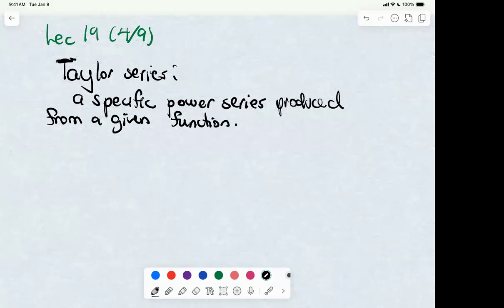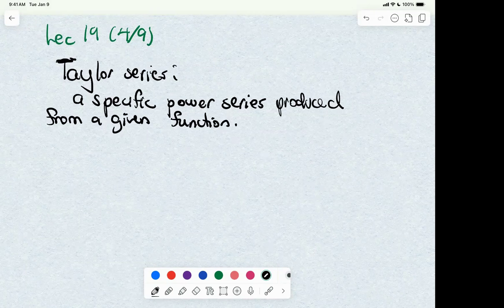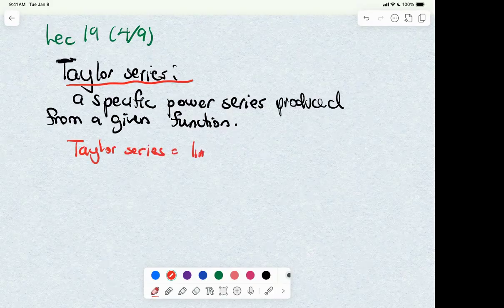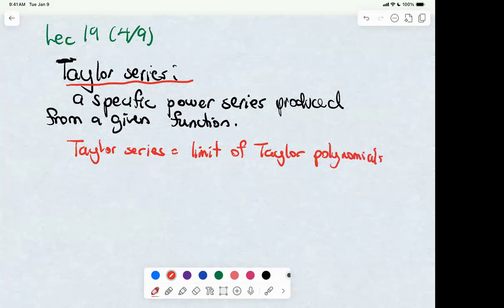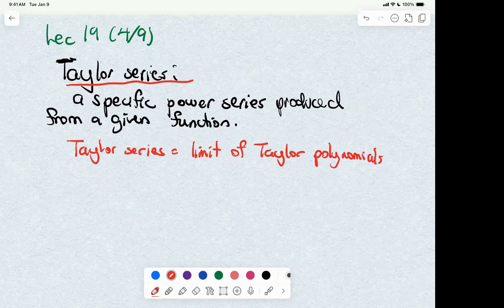Okay. The way to think about it is that when we had a function, I did mention these Taylor polynomials, right? Which are supposed to approximate the function up to a certain degree. Okay. So the way to think about the Taylor series is that it is a limit of Taylor polynomials. So the Taylor series will be a limit of Taylor polynomials. And the formula for the Taylor series will be